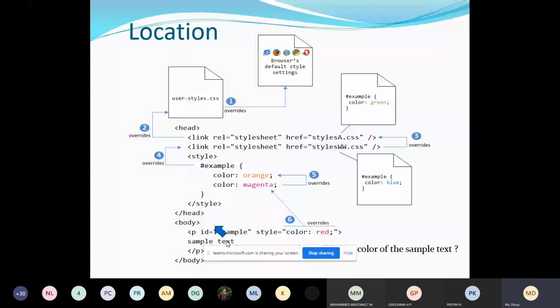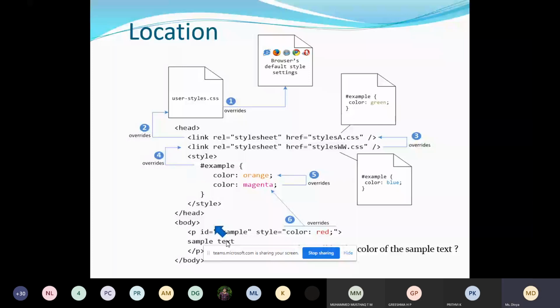Priority wise, remember, inline is given more priority. The next priority is given to internal and the third priority is given to external. So you have to remember this order. Location wise, first is inline, second is internal and the third is external.